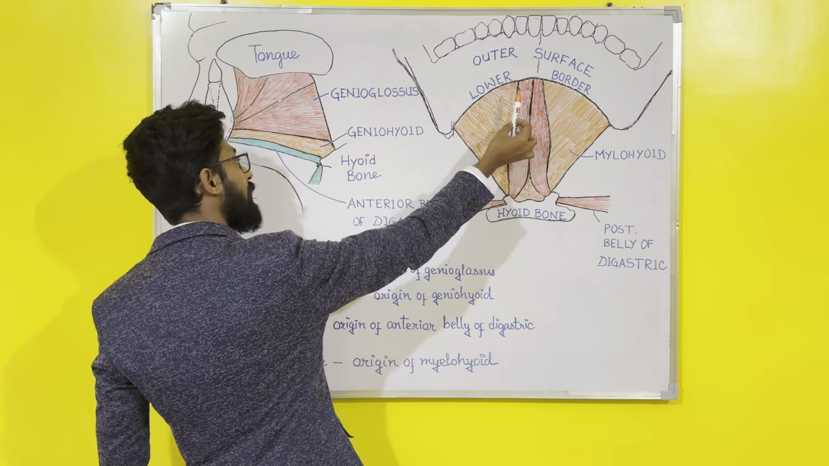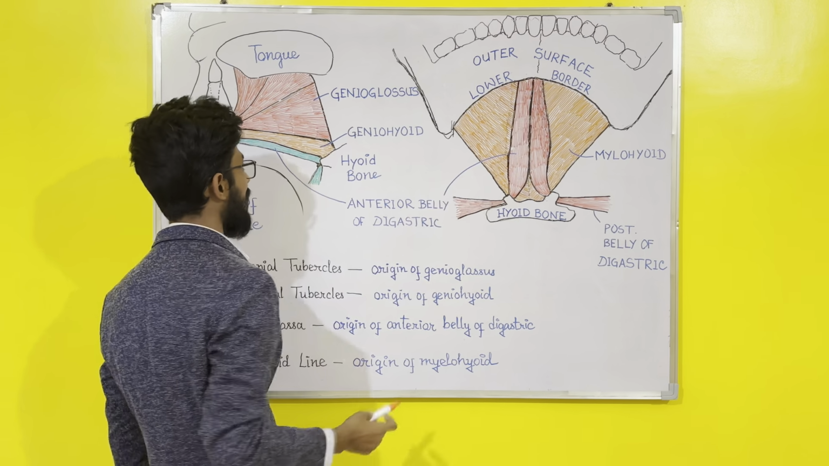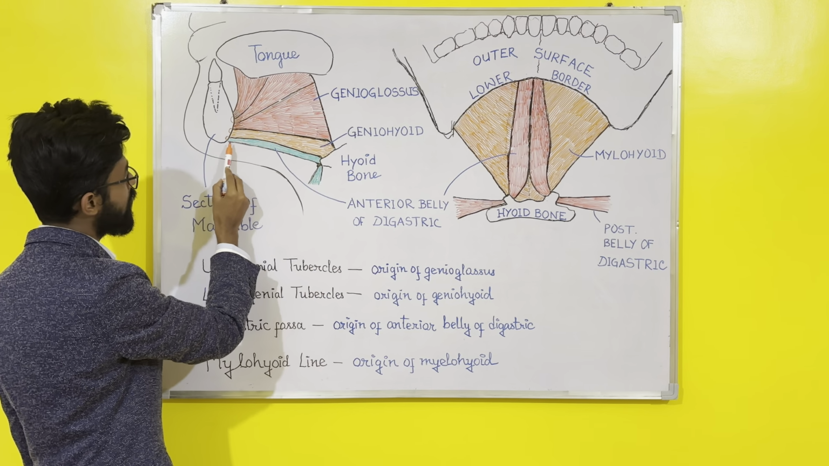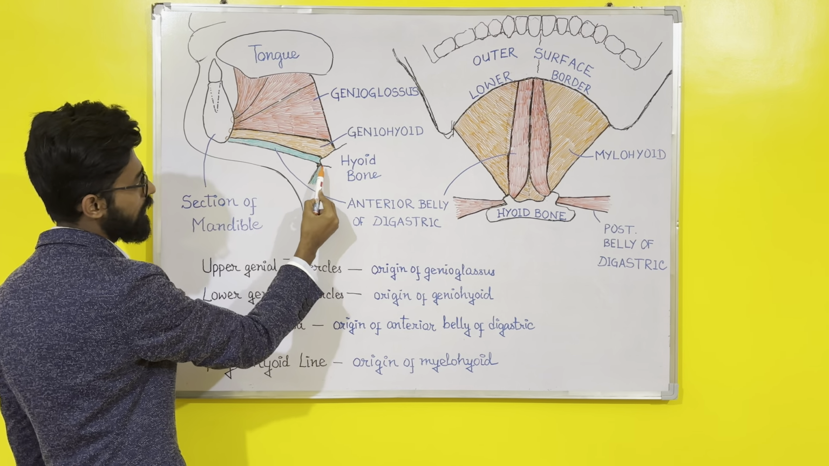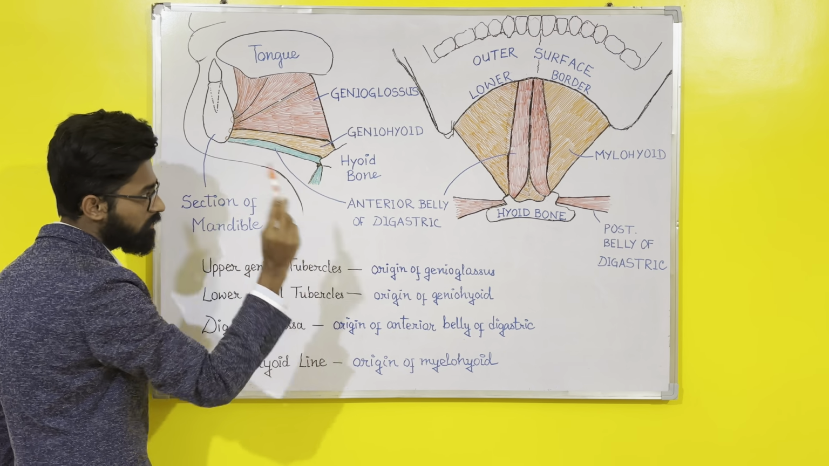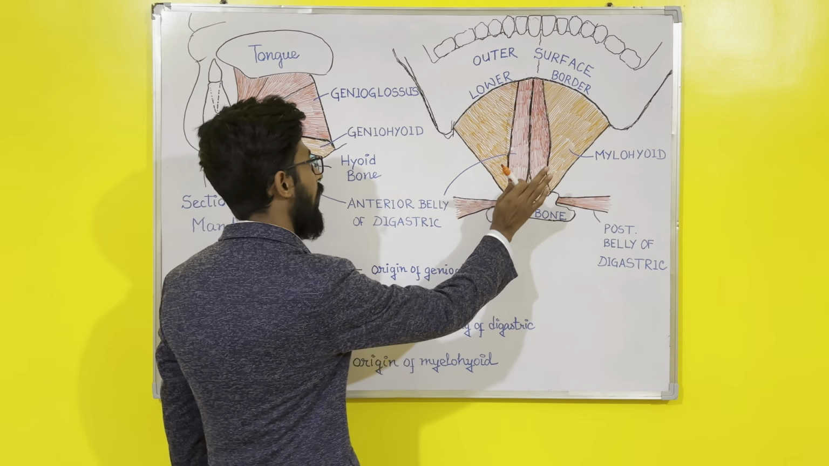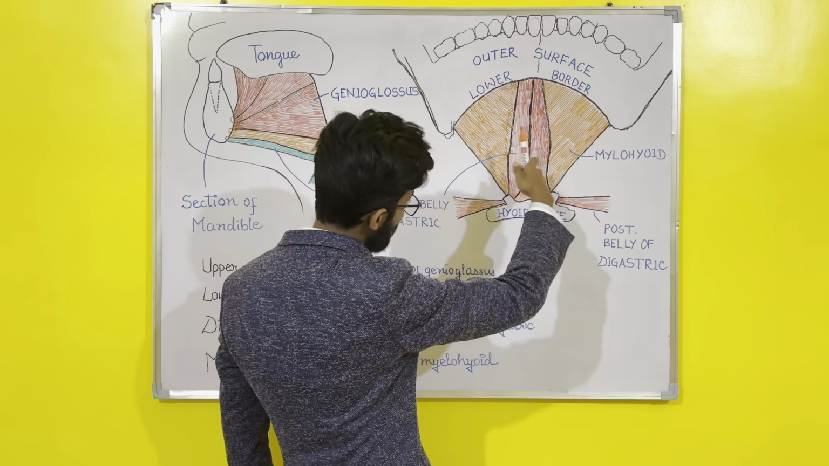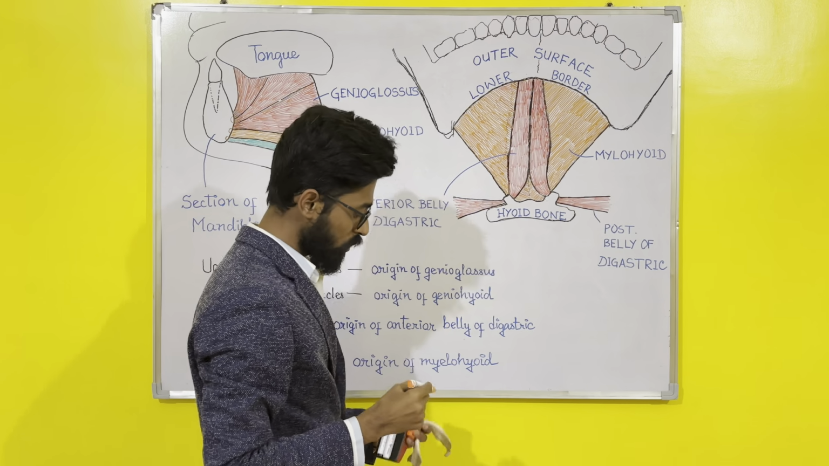Anterior belly of digastric originates from the digastric fossa. You can see it over there also, and over here also. This green one is the anterior belly of digastric. This one is the hyoid bone, and this is the pulley-like structure, and this is the posterior belly of digastric, right? So after that, or inside that, this big muscle, this orange one, is the